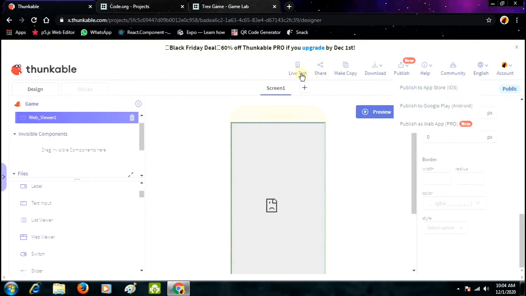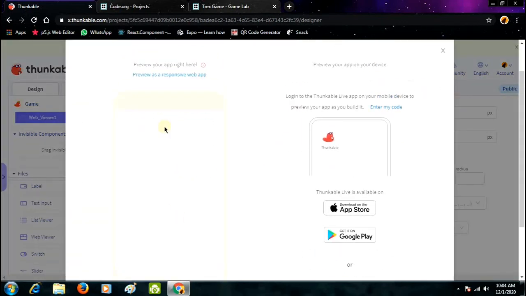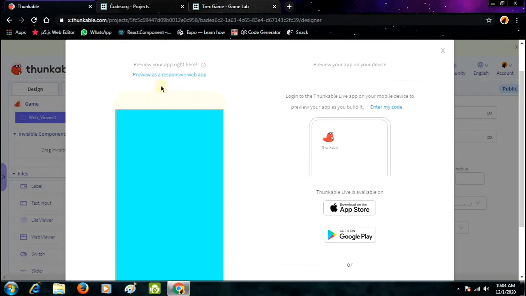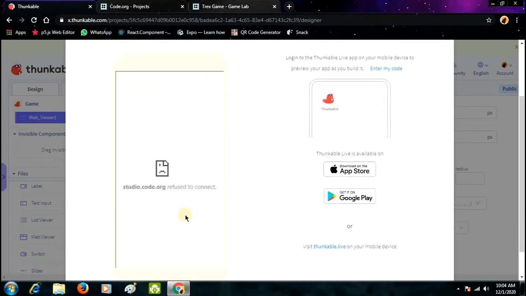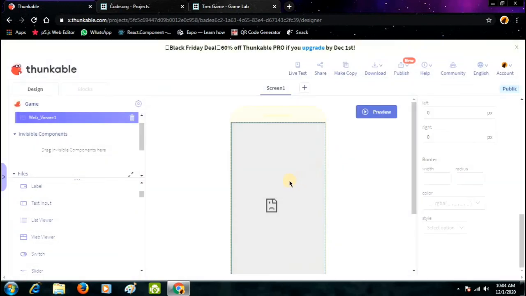Now here you can see a live test, so you can test your app here. Because the preview is a responsive web page, it is not loading now. When you install this application, you will be able to use your app.